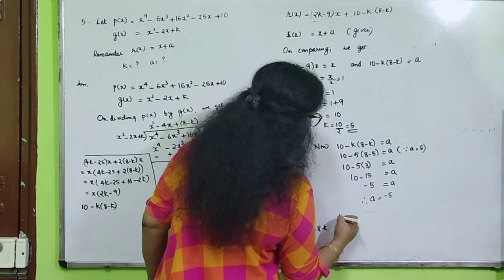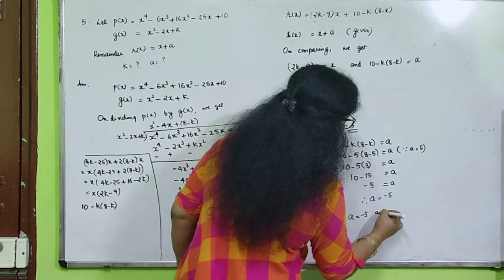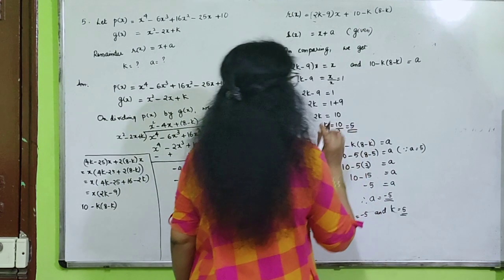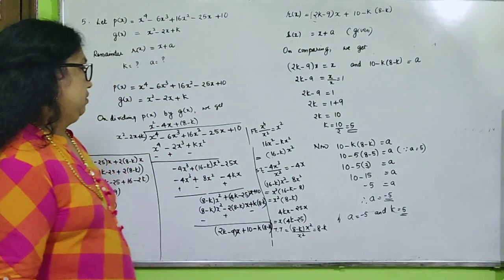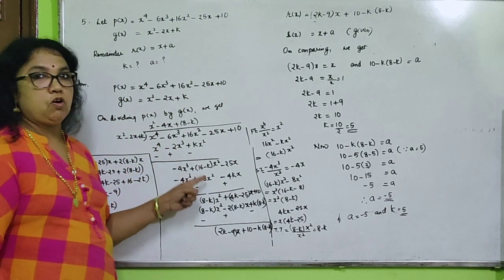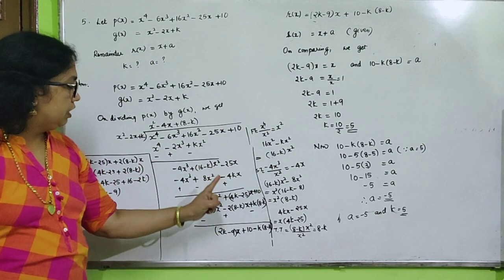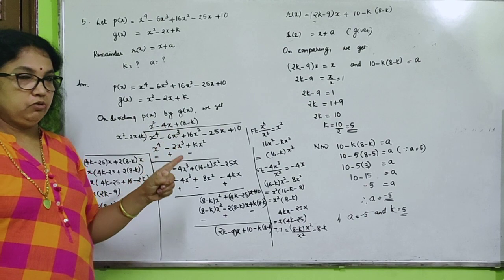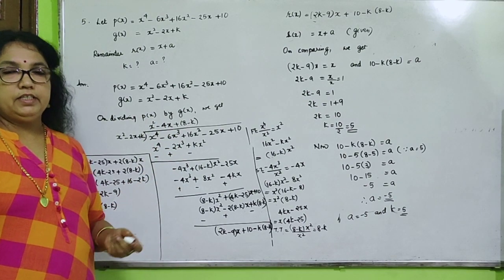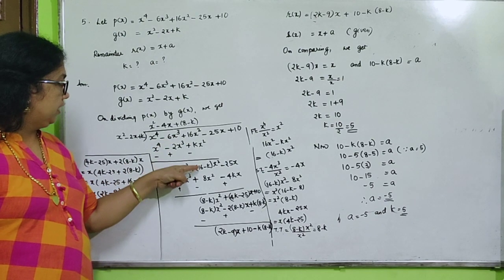So what is our solution? So a equal to minus 15 and k value is 5. So these are the two values we got. Here the division and subtraction are a little complicated. But I have shown properly how subtraction is done when unknown values are coming. Instead of integers, if unknown values like k are coming, how to subtract. So here you have to take care.